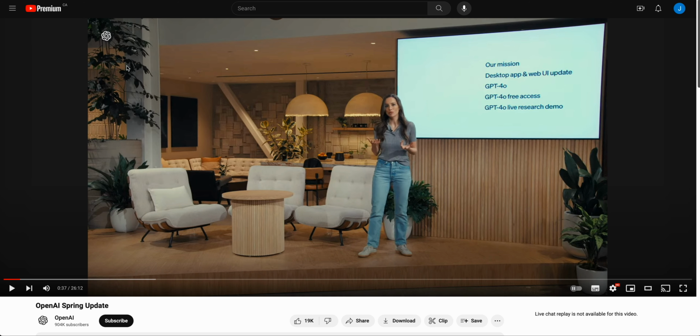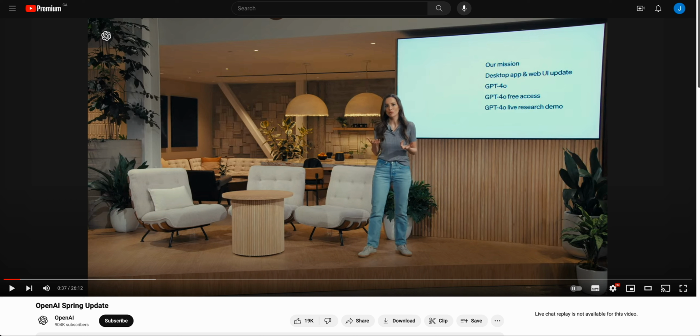The other exciting part of this announcement is there is now going to be a ChatGPT desktop app as well as a web UI update. And I'm really interested in this ChatGPT desktop app because they demonstrated some capabilities where you'll be able to interact with what's on your screen. You can imagine, say you're coding a problem and you want to ask ChatGPT a question about it. You'll be able to select that ChatGPT icon and say something like, I'm having a problem with this particular function. Can you help me solve it? And it would be able to respond back to you just like you saw with that audio and help you